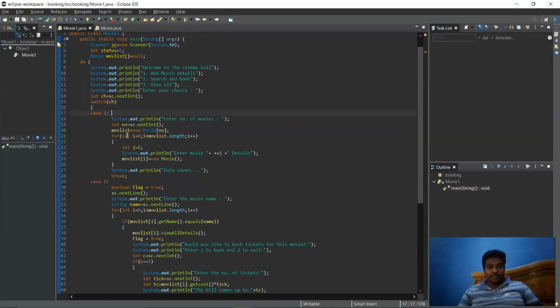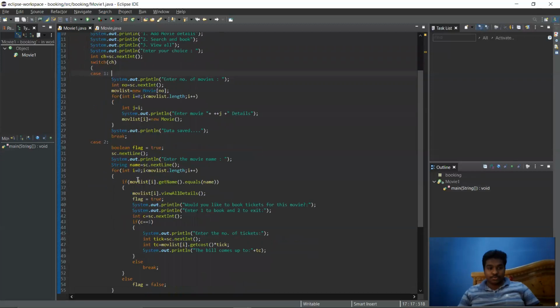And after that, I have used the movie list as a dynamic array. And after that, I use a for loop, as you can see, for storing the movie's names. And after that, I have used a print statement, that is, the data saved. If you press 2, that is case 2, then it will check the movie name.